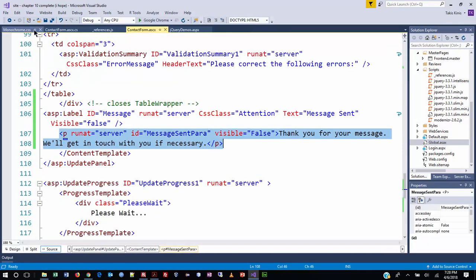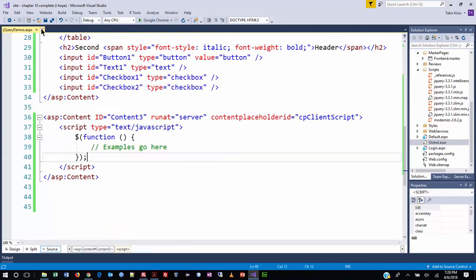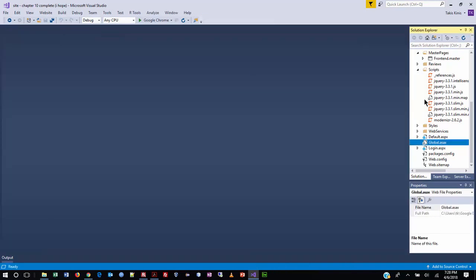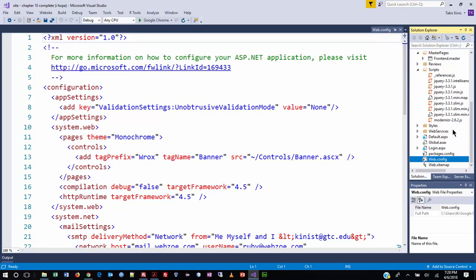In fact, let's go ahead and close up all the stuff that's sitting there. Next thing they want us to open up is the web config file. And in the app settings area, they want us to add a little something. And that is